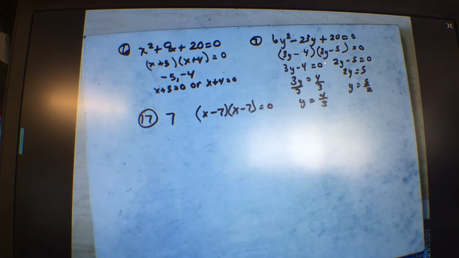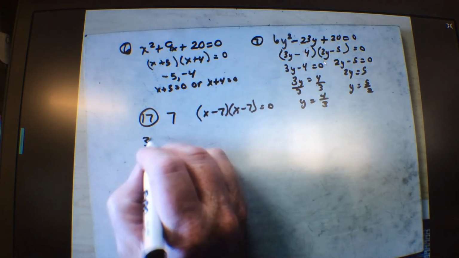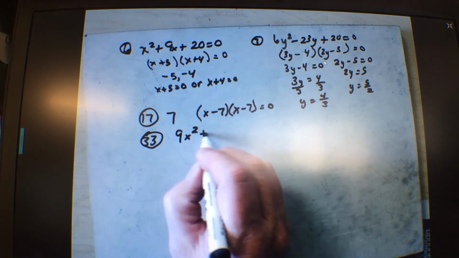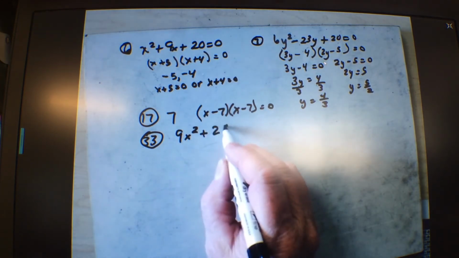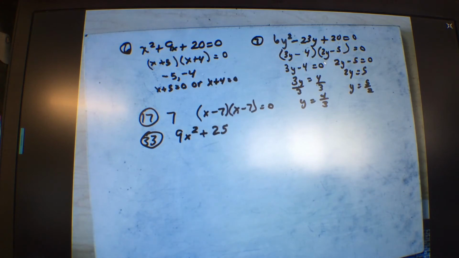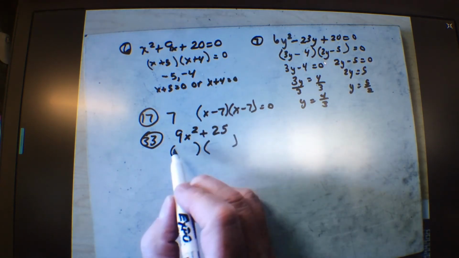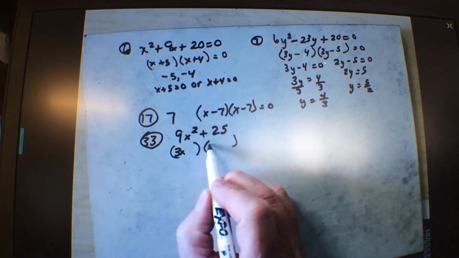20 through 34 is just a review of factoring. But I do want to take a look at 33, because this is that one, 9x squared plus 25. Now if it was 9x squared minus 25, it'd be a difference of squares, wouldn't it? Mhm. So, and this is still a difference of squares, but do you remember what should this be? 3x and